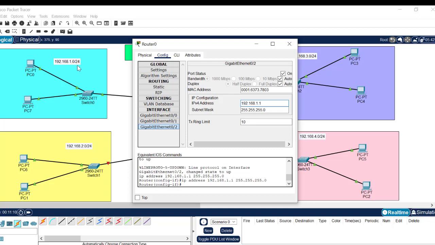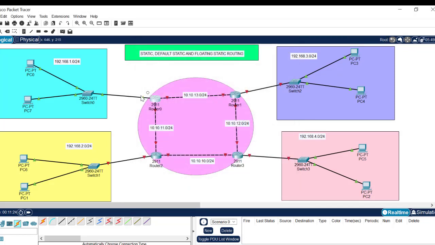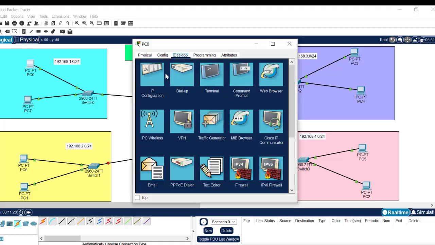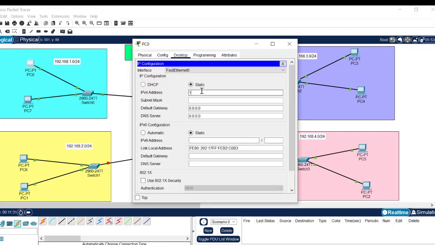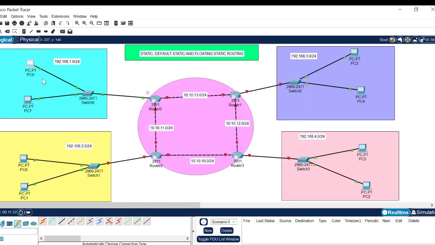So this is a base network for that particular group. For any host to take an IP address, they must start from .1. So this is .1. I'll go to this one and assign them IP addresses. Each one can take .2, 192.168.1.2. Then the default gateway of this LAN should be the IP address of this